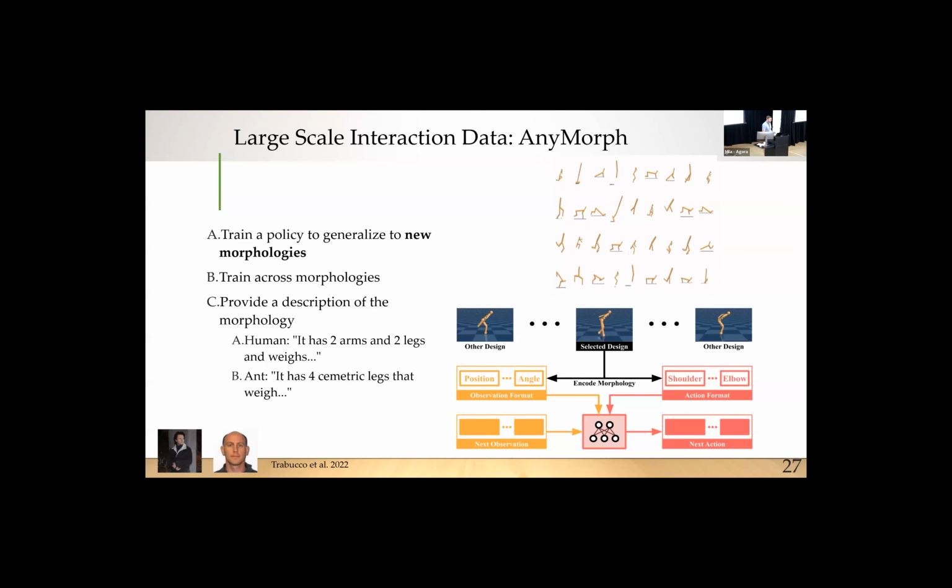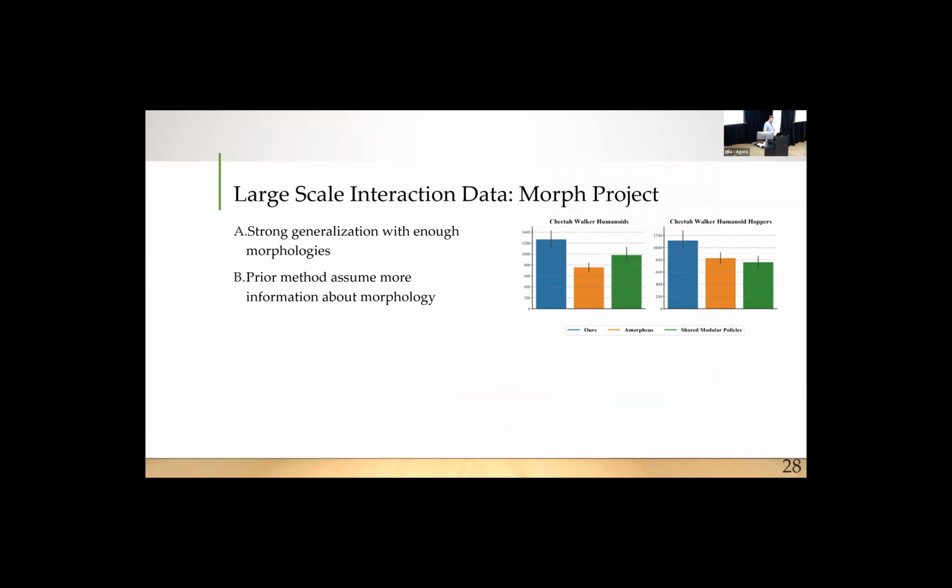So this has been really helpful because now it allows us to generalize across these different robots. If I have a different robot or a different agent, I can give a bit of a description and include the data from that robot into this model as well. And this also gives us some great progress in terms of generalization.